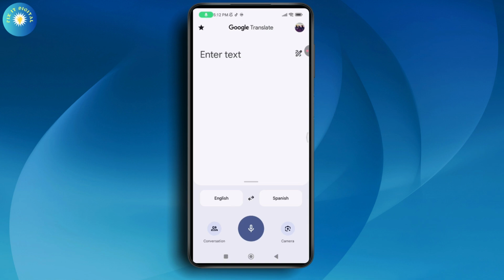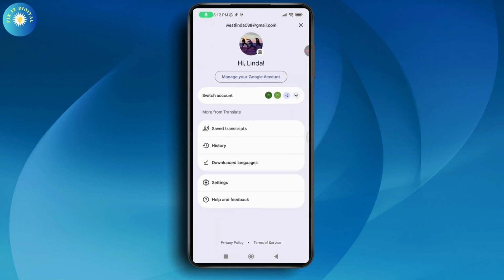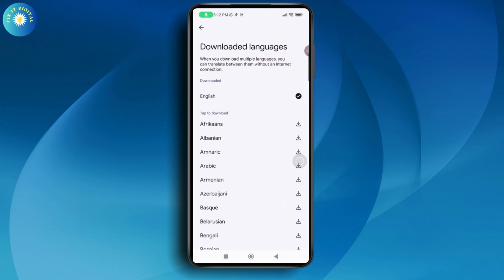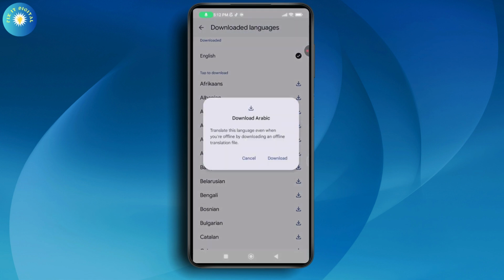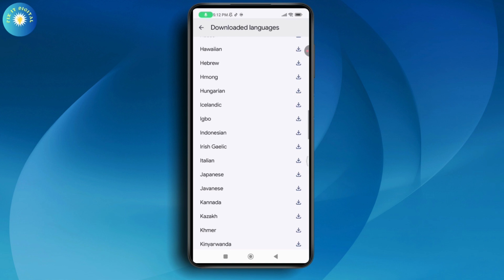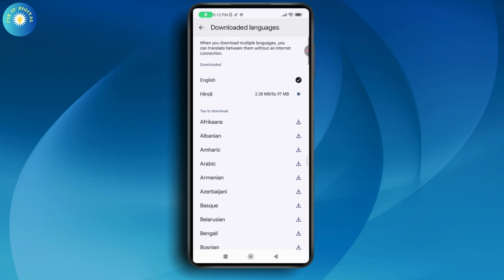So once you have your network connection, you need to go to your profile, which will be on the top right. And from the profile, you'll find an option of downloaded languages. You need to tap on it. And then you need to download the language. For example, I'll just simply go and select Arabic or Hindi and wait for a few seconds till it